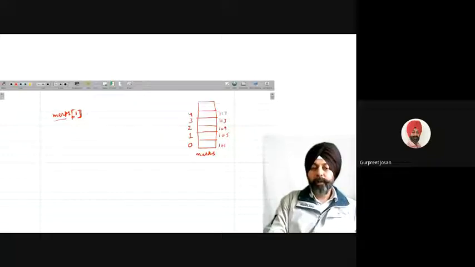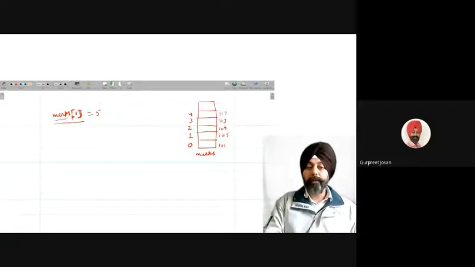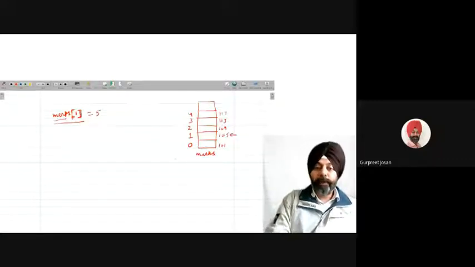So this means marks[1]. I am asking the system to find this location. If I write marks[1] is equal to 5, how will the system calculate the address? The system is required to find the address of this location, which is basically 105.